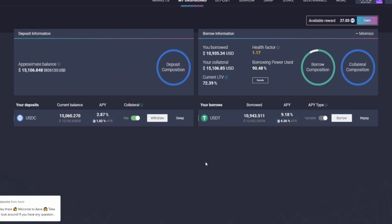Another thing that I'm going to change is the USDT that I borrowed against my USDC. So in the beginning, I was actually getting more APR, so more rewards in return than I had to pay in interest. Right now, most of the time, I'm paying more interest than I'm getting rewards. So I'm going to pull out this USDT. I already have about $5,000 from the DinoSwap pool. So that is half of the USDT that I borrowed. Then we'll take a look at the other